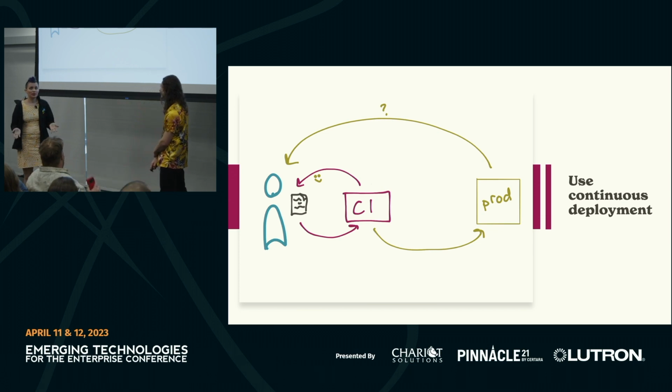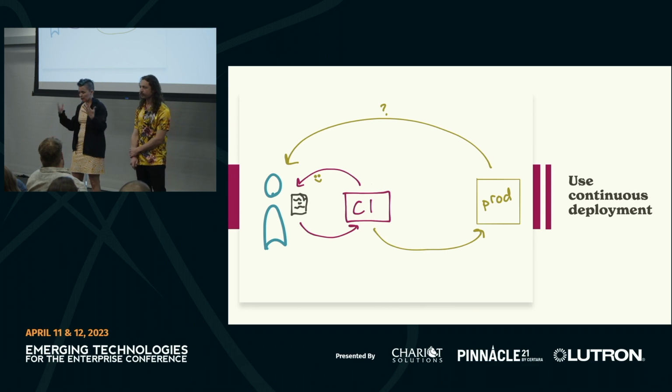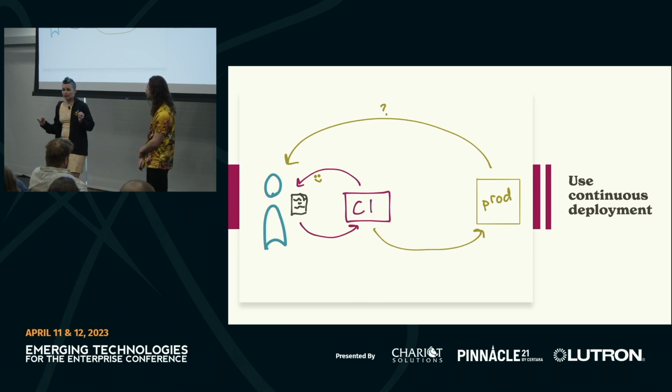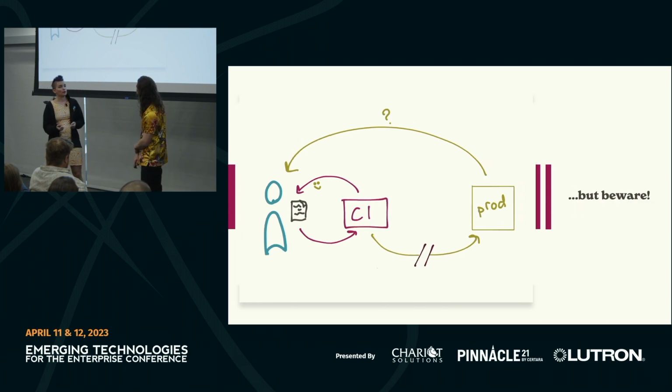Yes, so use continuous deployment. When you have continuous deployment, the idea is that you can get it into production while it's still in your head. And so if there's a problem, you know right where to look. And then you can find out what really happens when people use it. It's hard to achieve, but when you can, it's really satisfying. But watch out that you don't make this loop really hard with asynchronous blocking pull request reviews.